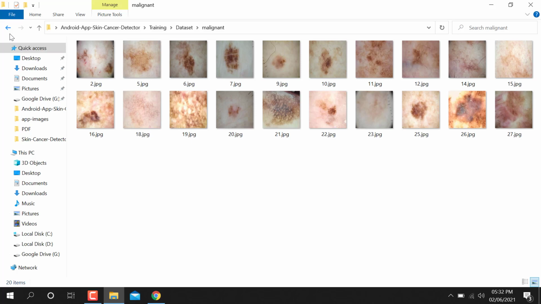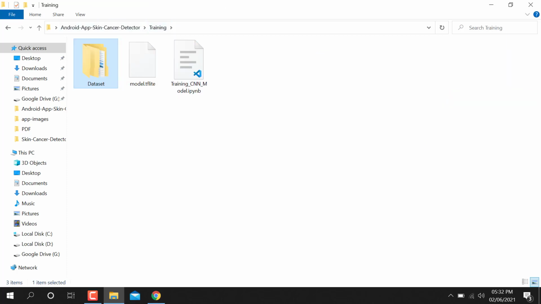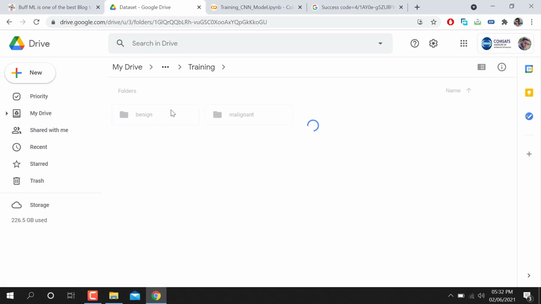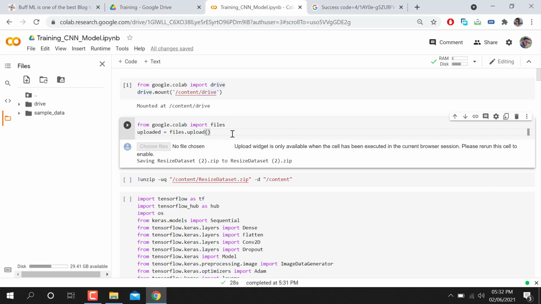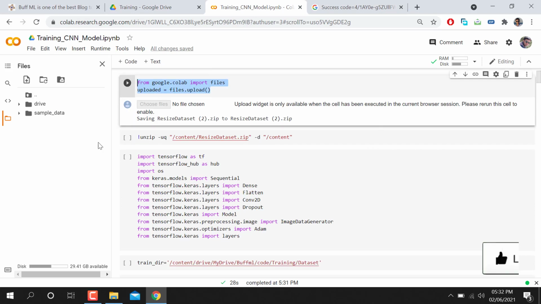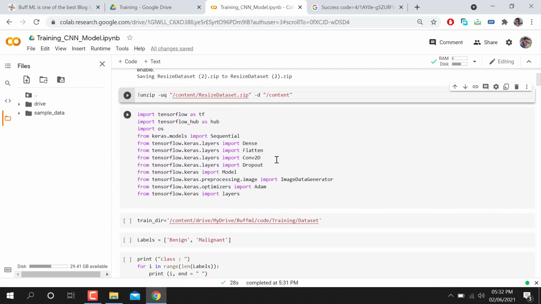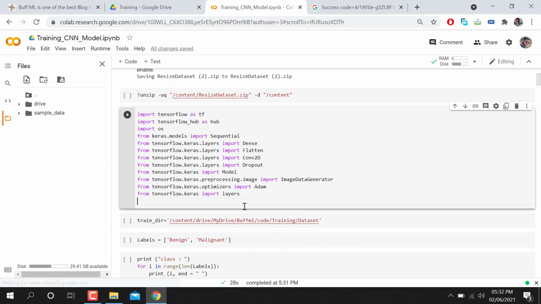You can use your own dataset, maybe for image classification. What kind of dataset you have is up to you. This is basically my dataset. In my drive, you can see the same dataset which contains benign and malignant, and here is the file. You have one option: just run this one cell, upload the dataset from your drive, and then unzip it in this folder. But I'm skipping these two steps. I'm just diving into the third step, where I'm going to run this one.